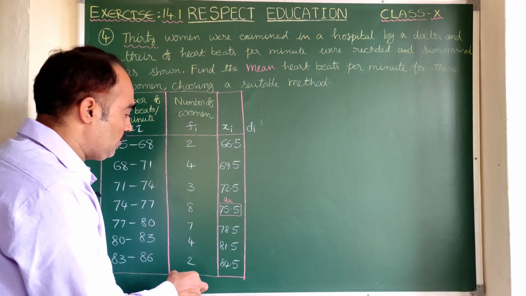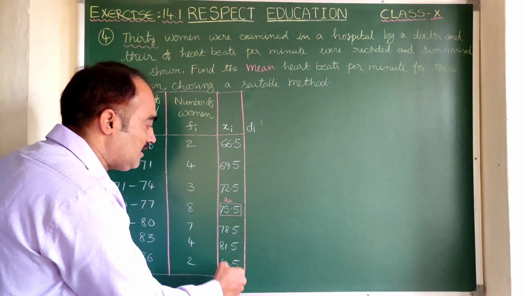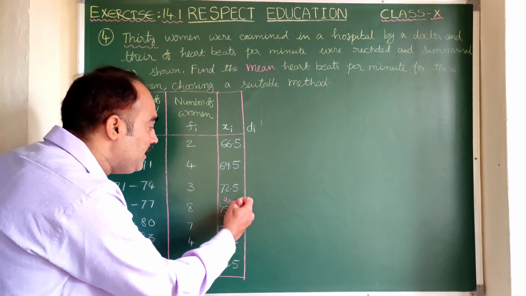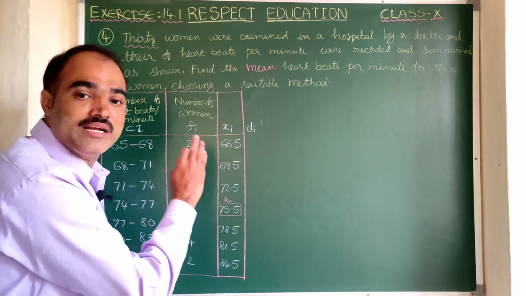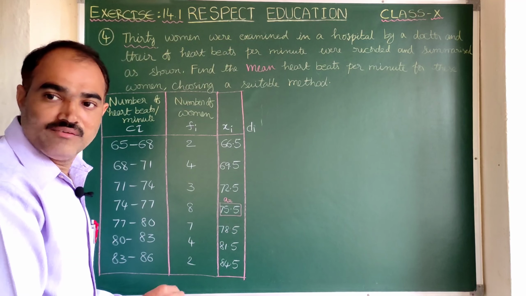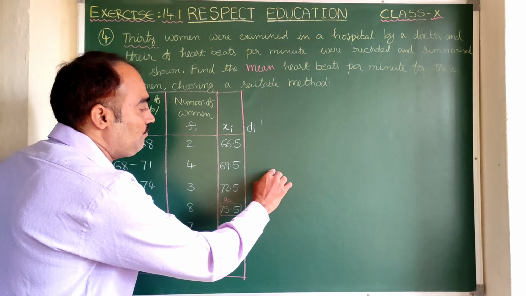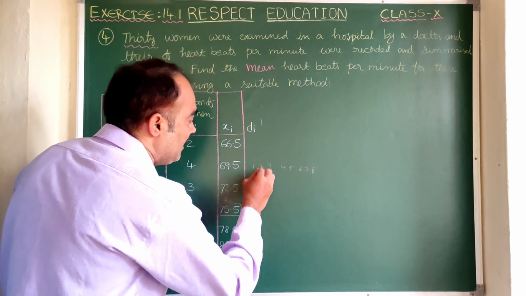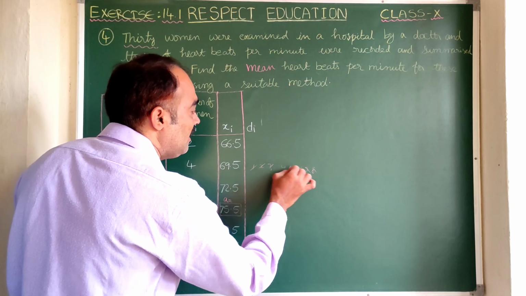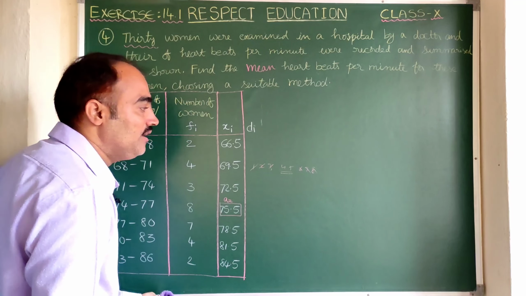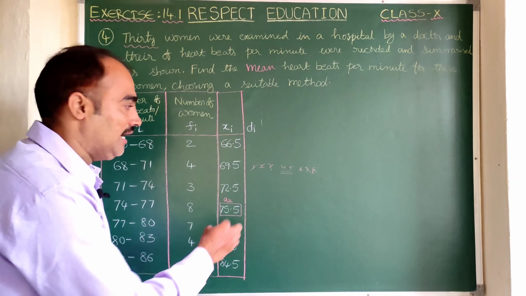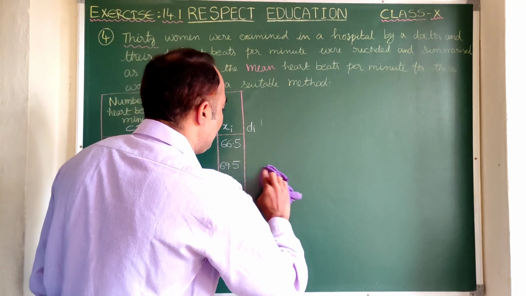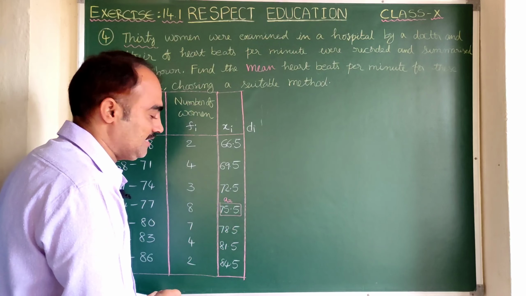For example, you may get a doubt here. Sir, here 7 are there, so we have selected the middle one, 4. If 8 are there, whichever middle one you want, you can take it. Is it clear? Suppose 8 are there: 1, 2, 3, 4, 5, 6, 7, 8. The first one and the 8th one, the second one and the 7th one, then which two are in the middle? 4 and 5. You can take any one of them, either the 4th observation or the 5th one. So here we have decided this as a.